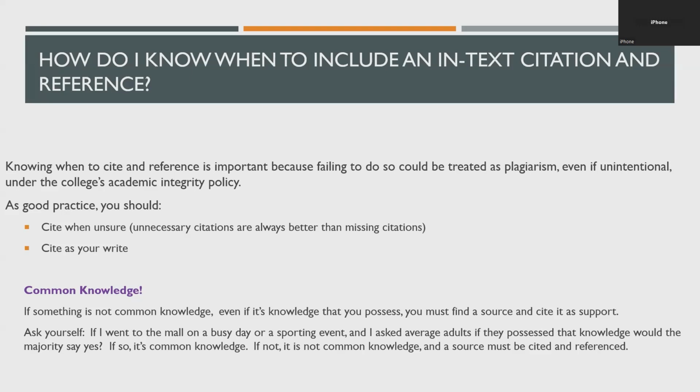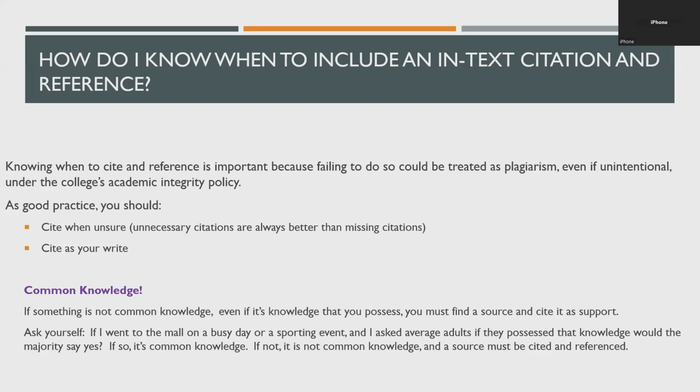That's not really a very good practice, because sometimes you can't remember where you got the information from. Sometimes you forget to go back and cite the information, and then you've accidentally plagiarized something. So it's really a good idea, and honestly, it's not that hard once you get used to it. When you're writing a paper or a discussion forum post, whatever, as soon as you use information from a source, go ahead and put in that in-text citation. That way, you know for sure that you have done your due diligence and you're not accidentally plagiarizing something.